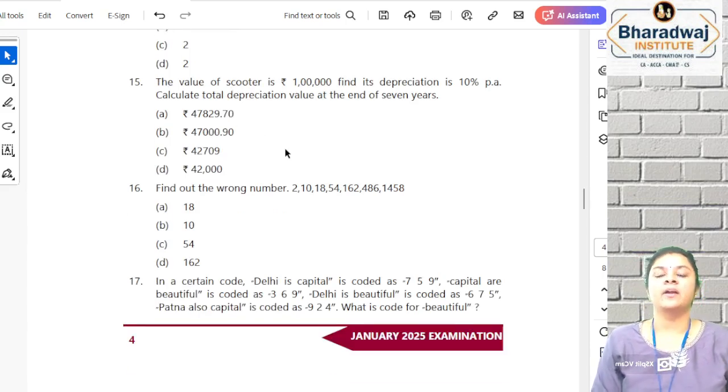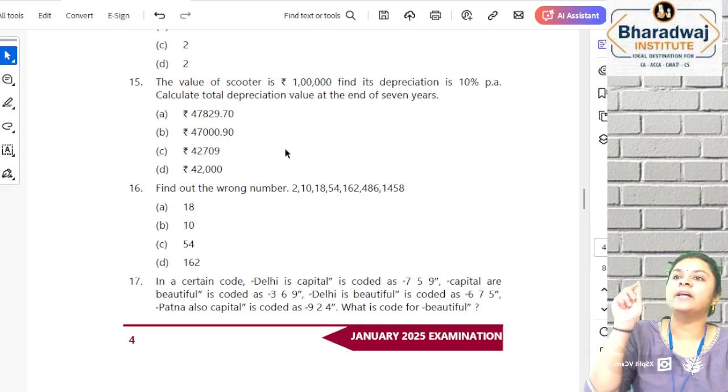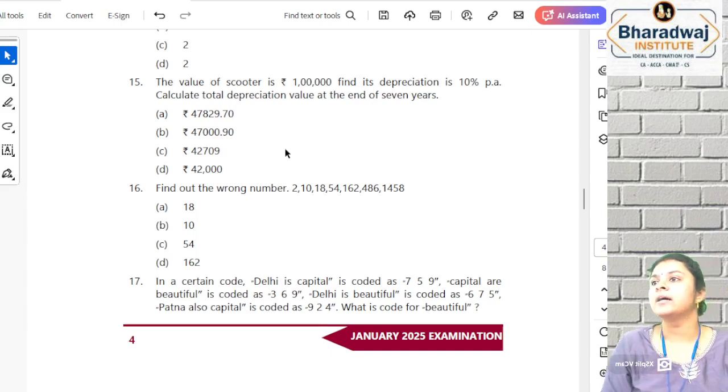15th one. Value of a scooter is 1 lakh. Depreciation is 10%. Find the total depreciation at the end of 7 years. So you would have found out that written down value, which is 1 lakh into 1 minus 10 by 100, the whole power 7. You would have got the written down value. So 1 lakh minus written down value will give you the depreciation. Answer